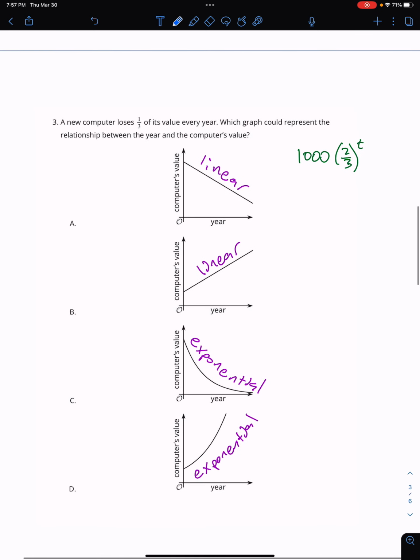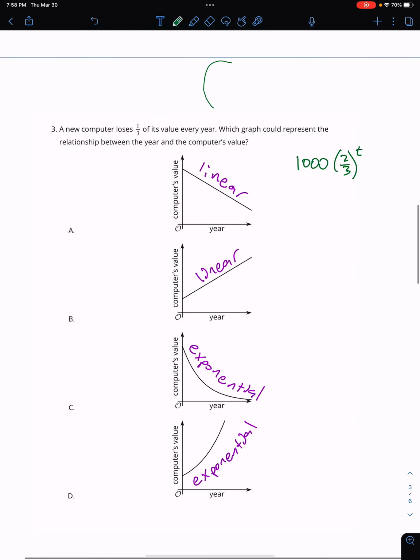And they didn't tell us what this thing started at, but let's pretend that somebody paid $1,000 for this computer, right? So I wrote this down here in green. I said, if we started at 1,000, we got this rate of change at 2/3. Why is it 2/3? Well, let me tell you what's going on here,